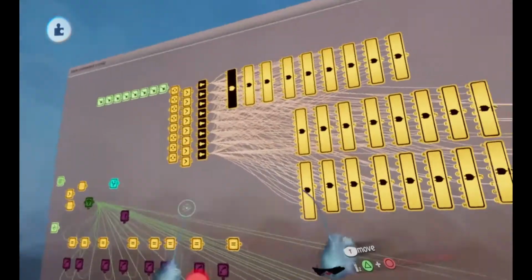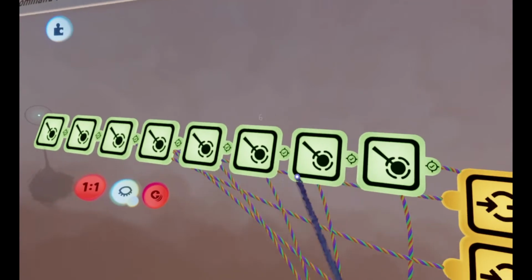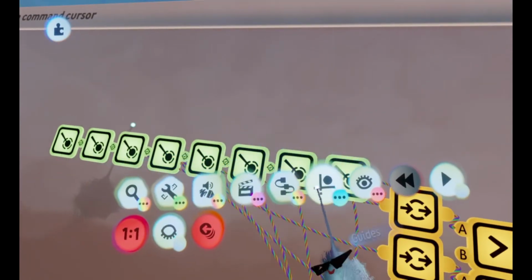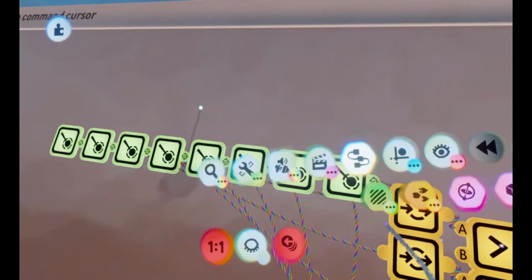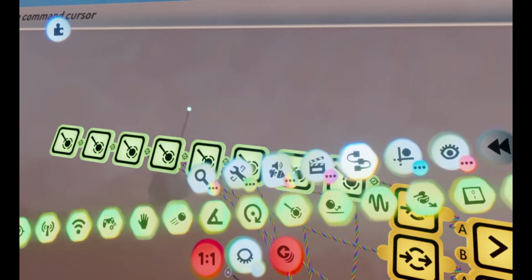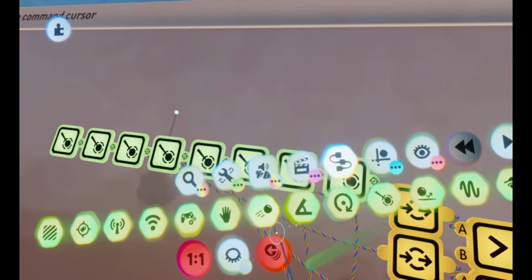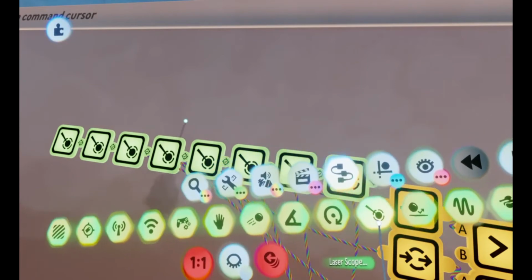How do you do that? Well, you grab a bunch of Laserscopes, or whatever they are called. Let me check. Yeah, it's a Laserscope.